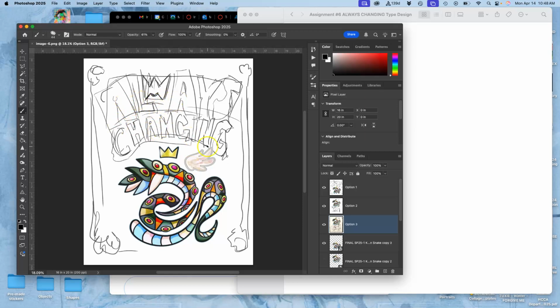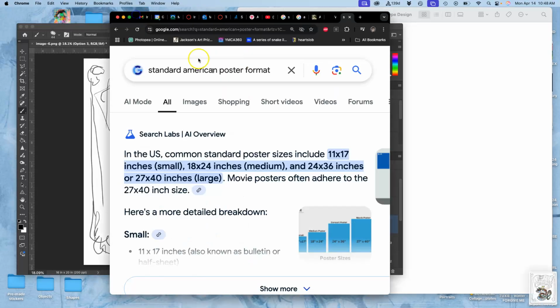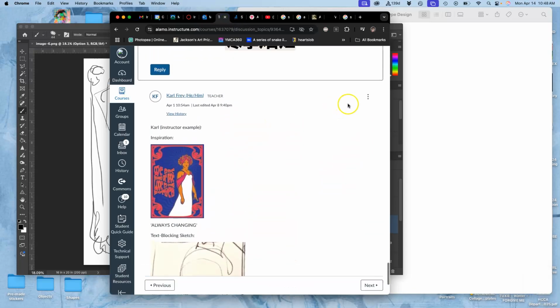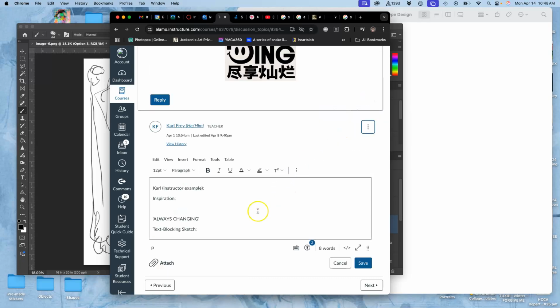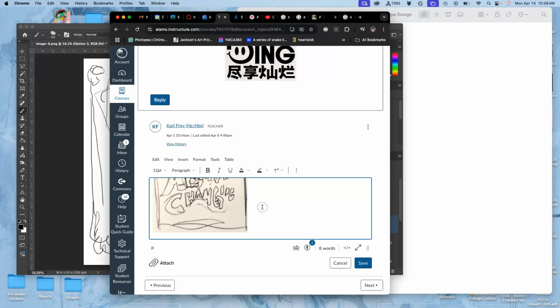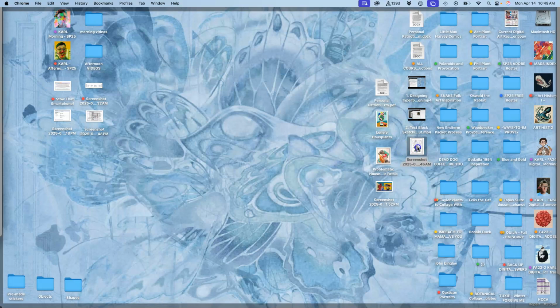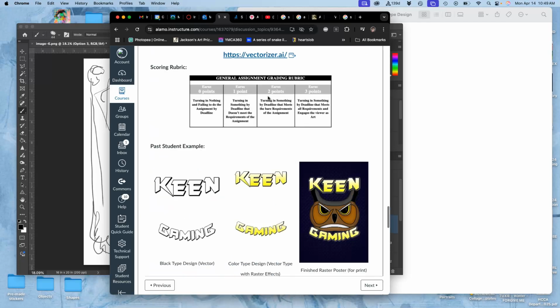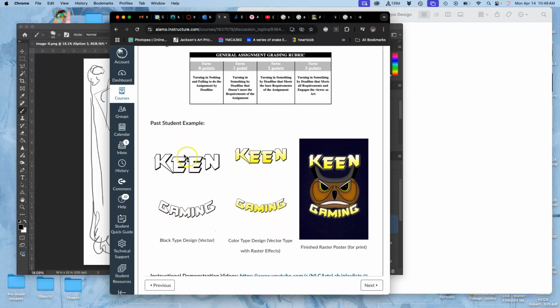So now that I have my text blocking sketch, I'm just going to take a simple screen grab of it. This is not a requirement, but it is really nice to have for yourself. The only reason I don't make it a requirement for this assignment is sometimes students are scrambling for this assignment, and I try not to have more than 3 things required. So we're still going to have 3 things required for this assignment. They start with your black type design. So these are the 3 requirements: black type design,